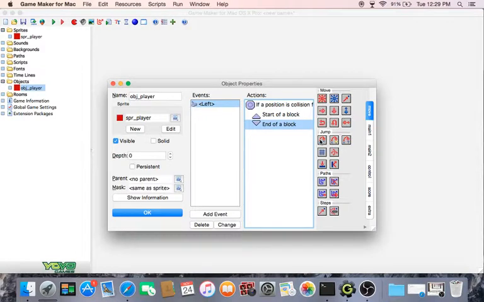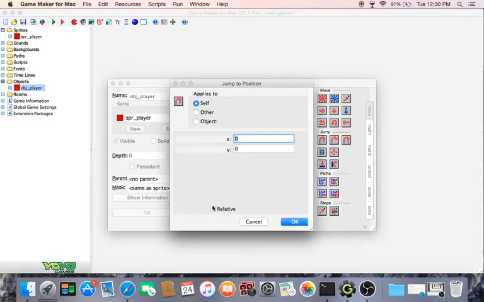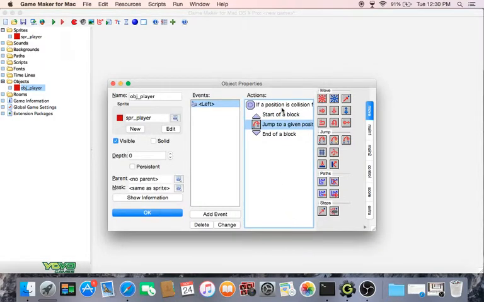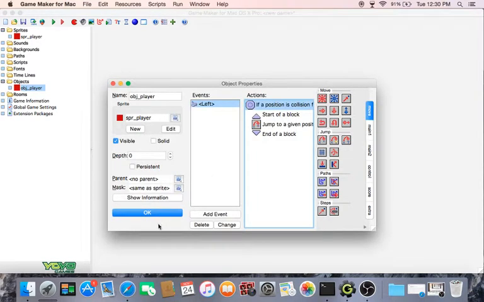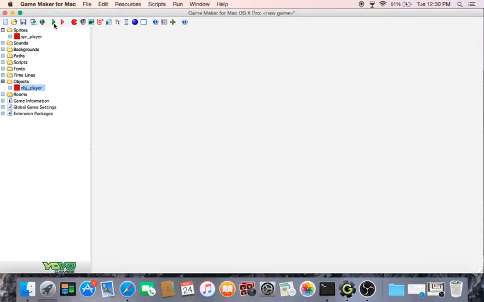Then we actually want to do, hold on. So this is the jump. Check relative, and we want to move 3. Oh, sorry about this. I meant to do 3. Let's test this out. Oh, whoops. Okay, so